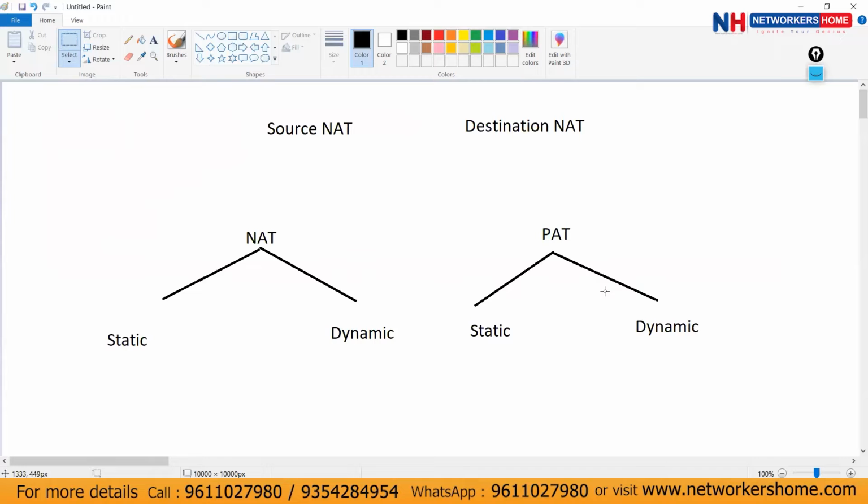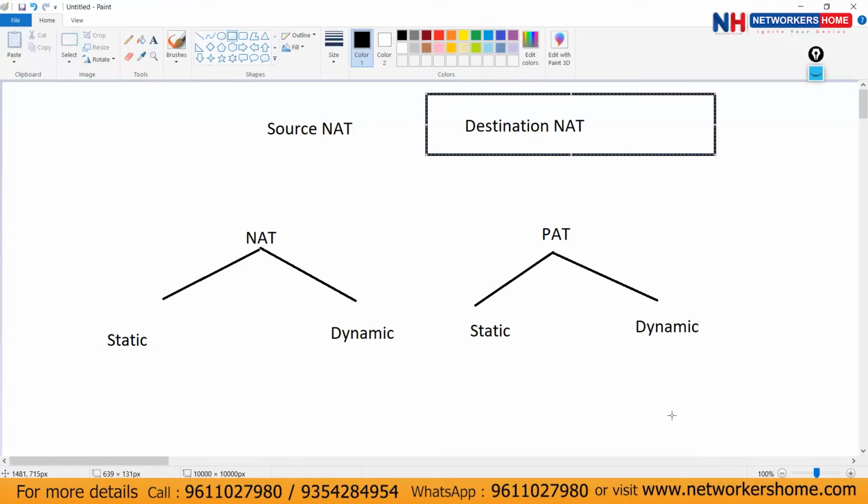And in an interview, they will directly ask you a question about destination NAT. A direct question will be there: explain destination NAT. Because this is implemented everywhere. Even now, we are already implemented with it. We are going with the configuration of destination NAT, and then we will give the RDP session for all the